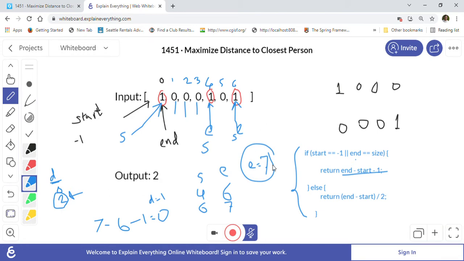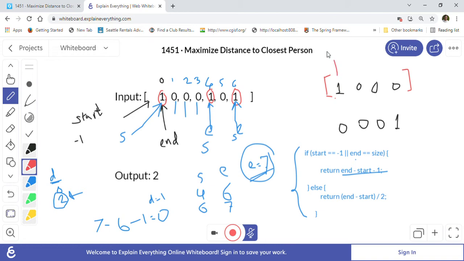So why are we doing this, end is equal to 7, right? I will explain that. So why do we have to do it? Because, for example, if you are looking at this array, 1 0 0 0, this is one of the arrangements where start will be here, right? And at the end start will be here.